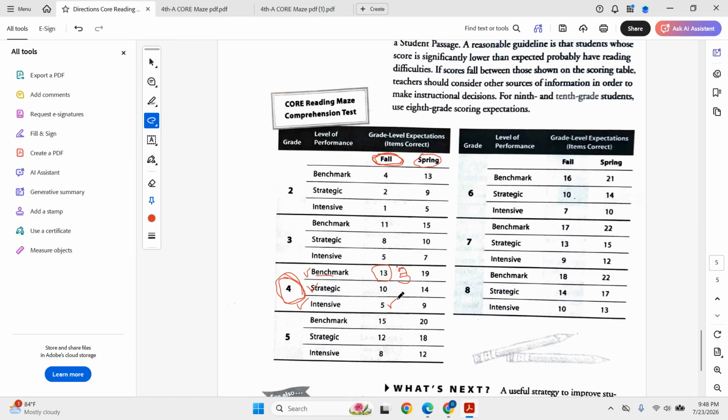To be at the intensive level, the student needs to get 5 items correct, and Caden is exactly at the intensive level. So if he has 5 or fewer items correct, he's at the intensive level. So this data is telling us that our student Caden needs explicit, systematic intervention or instruction, right? So that's the importance of interpreting our data. Very, very important to see how our student is performing, if they are at the benchmark, strategic,